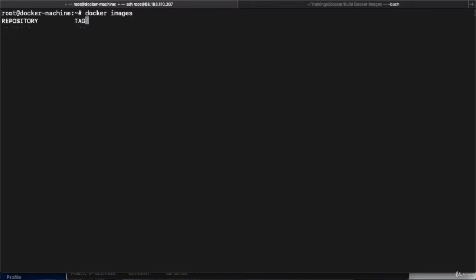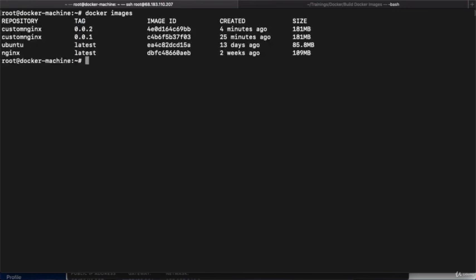Now, if we want to start our container on the new image, which is custom-nginx 0.0.2, then we need to execute the command docker run -d -p. Then you can define any port like 8081 where the host can access this nginx, and I need to define 80 because in my new image the port which is listening for traffic is 80, right?